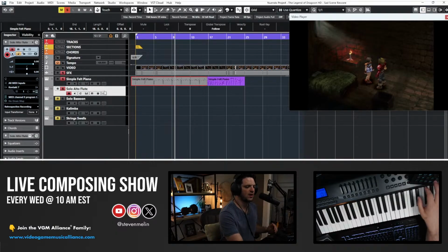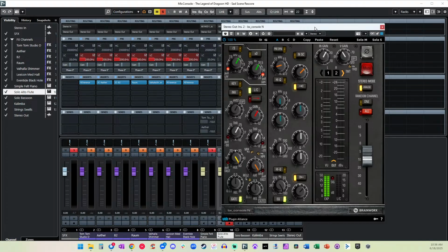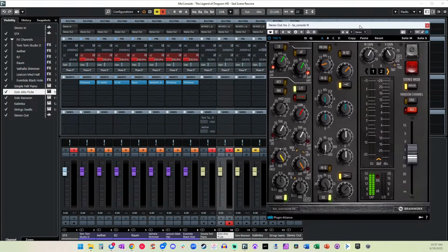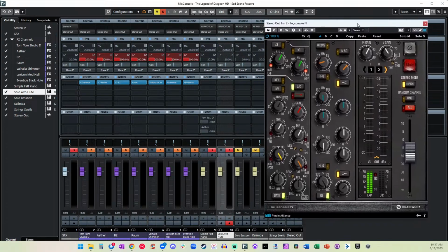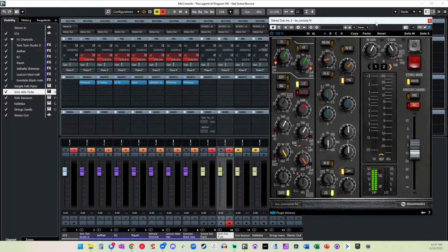Something you should know right off the bat is I have turned on this Neve console plugin. If you don't have this or something like it, I highly recommend it. It adds so much analog warmth to anything you do, and I'll specifically say it's really nice for orchestral music, which is 99% of what I make for video games and films.